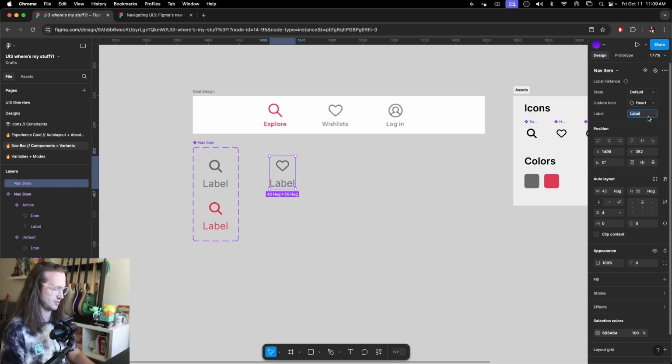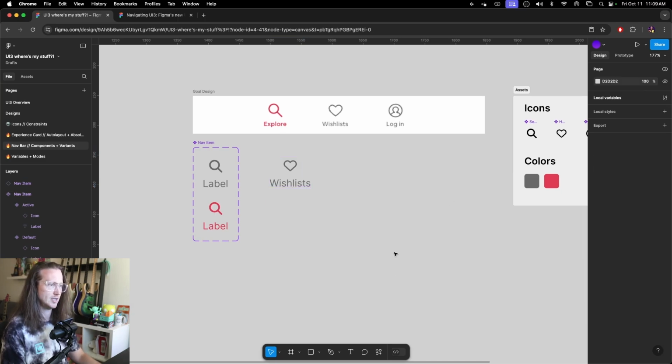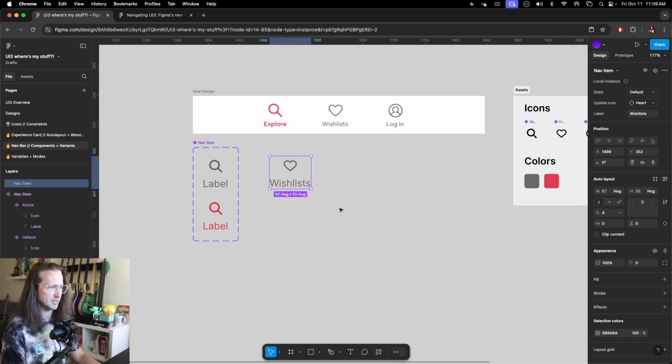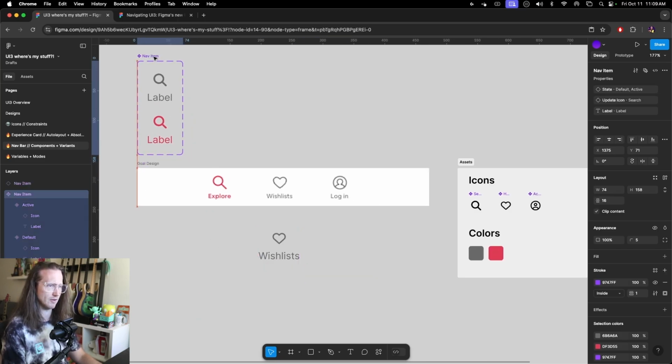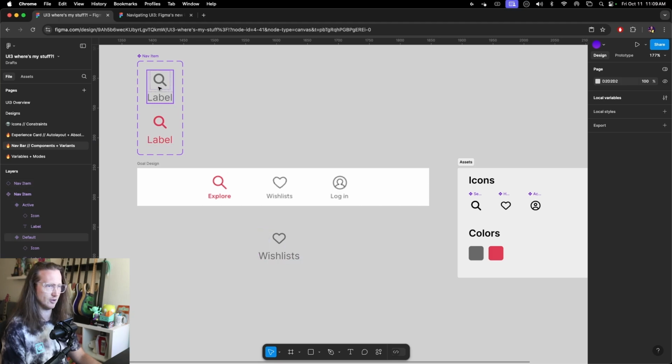Great, that works. Let's go, I don't know what this is called, wish lists. Great, so that works pretty well. Seems like it will suffice for the design that we're trying to create here. So to wrap this up, I'm just gonna move our variant set up to the top here and grab